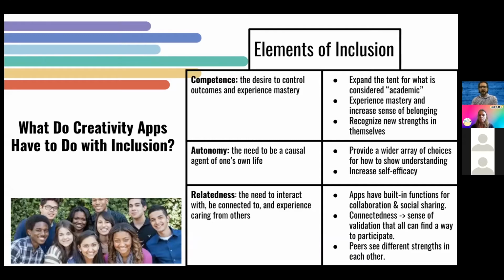Also, this element of autonomy and being able to choose when you bring some of these different programs into your curriculum allows you to offer a much wider array of choices to students for how they would show their understanding. And then this idea of relatedness, which again is something that I think is really one of the